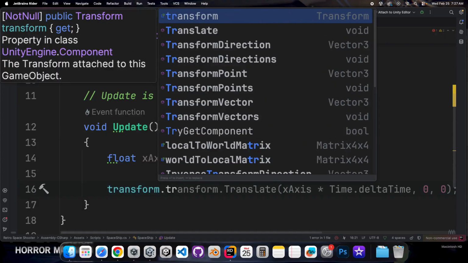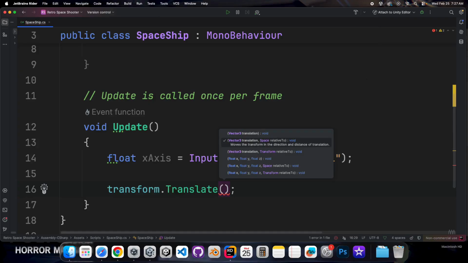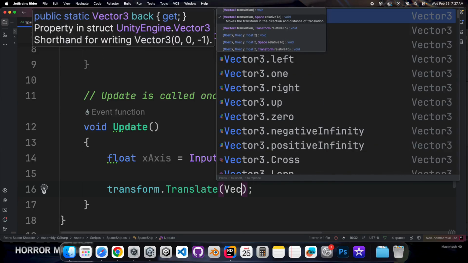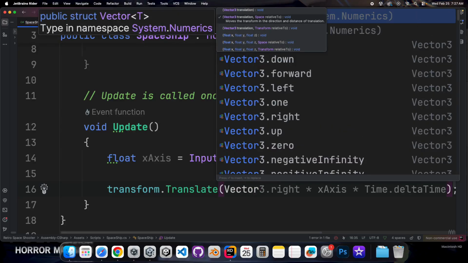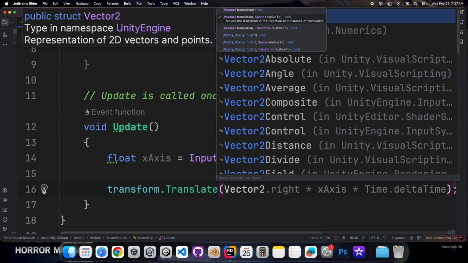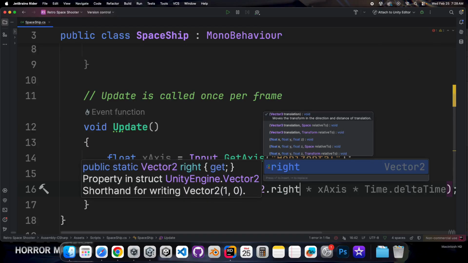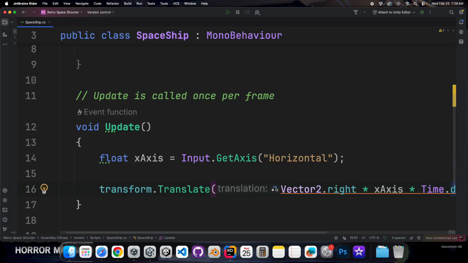We can do transform.Translate. There are several different methods in terms of how to get an object to move. This is just one of them. So transform.Translate, and we can go with a Vector2, because we're using up and down, left and right movement. And we can say we want to go in the right direction. That's going to be your positive right. And then I can times,